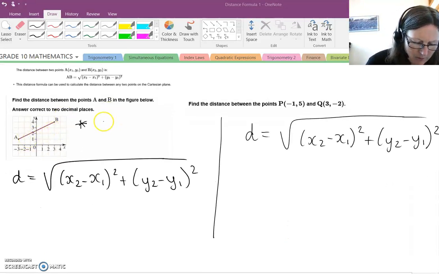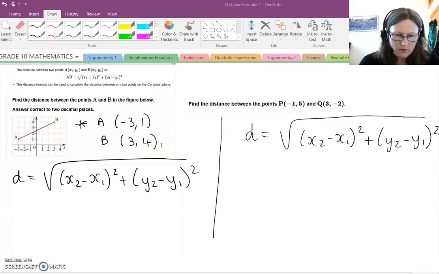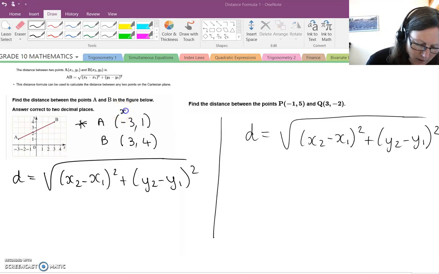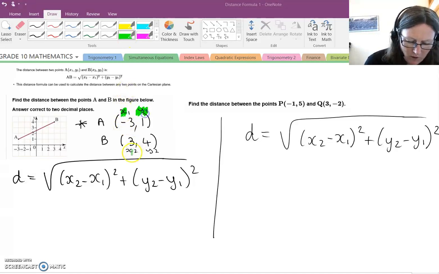Let's label these points. So point A, x is -3 and y is 1. Point B, x is 3 and y is 4. What I then do is call one of these points point 1 and one point 2. So if we call this point 1, then that's the point x1, y1. And if this is point 2, then that's the point x2 and that's the point y2. So just highlighting, there's my x1, my y1, my x2 and my y2, and I will substitute those into my